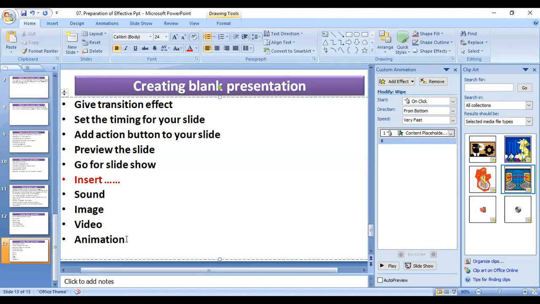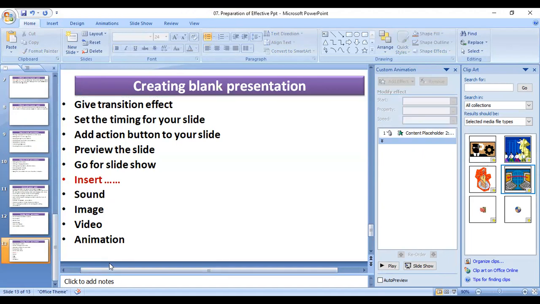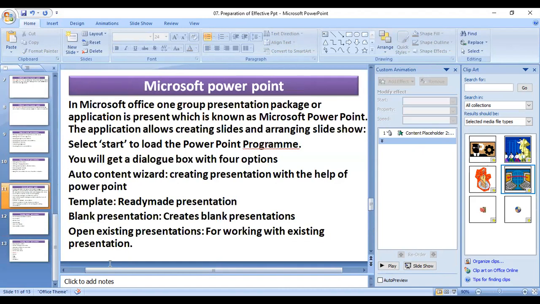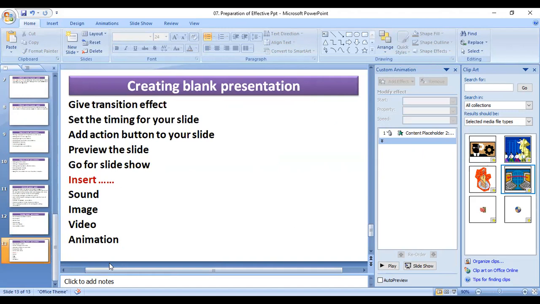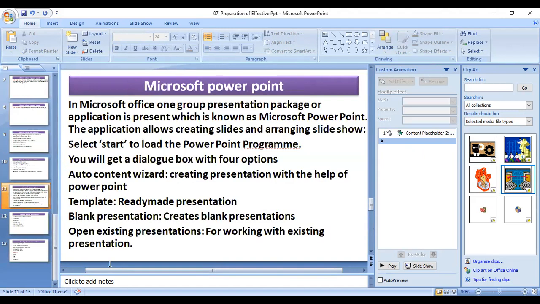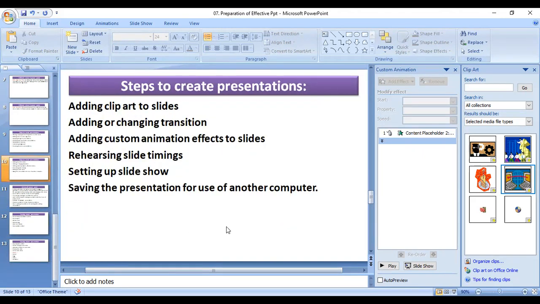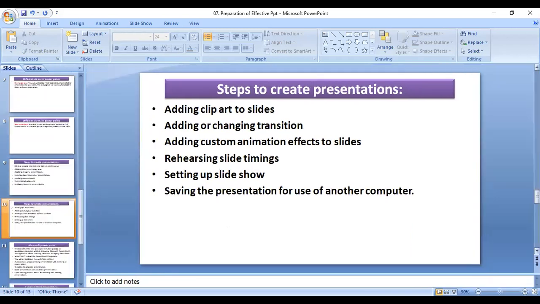So sound, image, video, animation you can do in a presentation. Like this way, you have to create the blank presentation. Steps are there in Microsoft Office. Different steps are there with which you can make a presentation. Okay, so that is all about the practical of how to prepare the PowerPoint presentation.